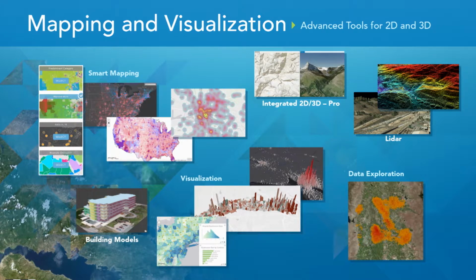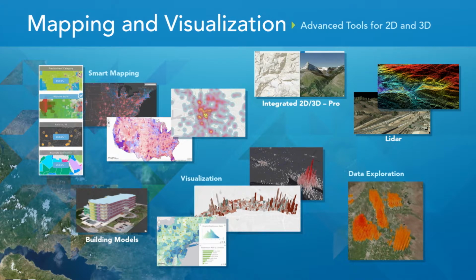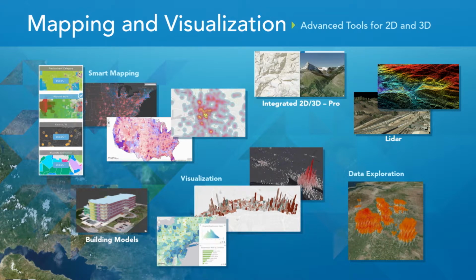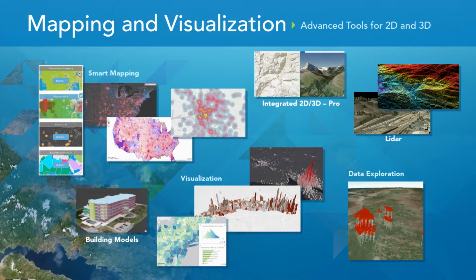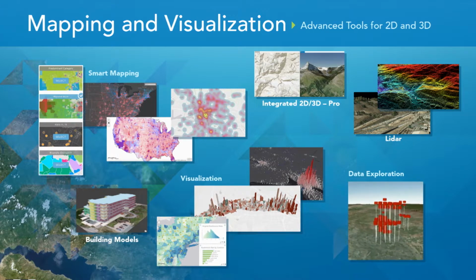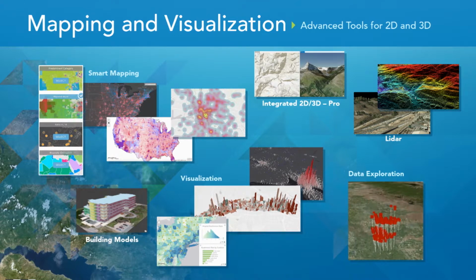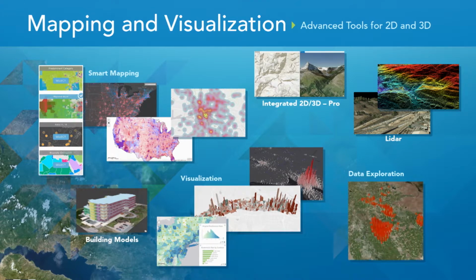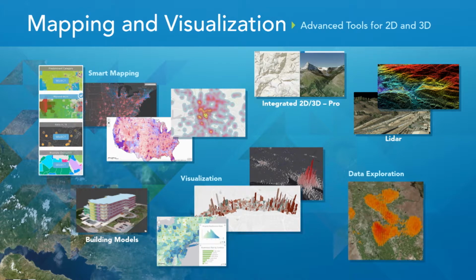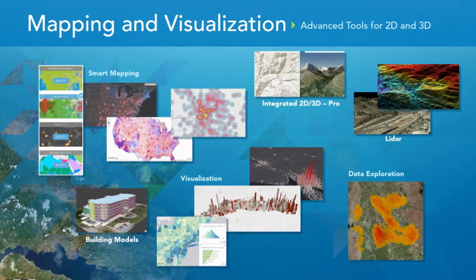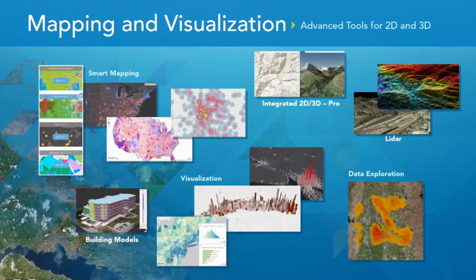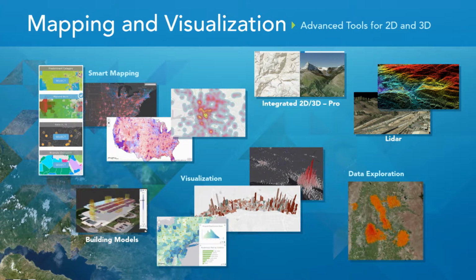A core aspect, and probably the most visible aspect of what we do in GIS, is mapping and visualization. And we continue to advance that, making it easier for all of us to pretend to be great cartographers. Using the tools that Elvis showed, and the ones available in Portal and online, smart mapping makes it easier to make a beautiful map, helping you with your choices and colors. But for those of us who are cartographers, of course giving you the cartographic freedom to override with your specific